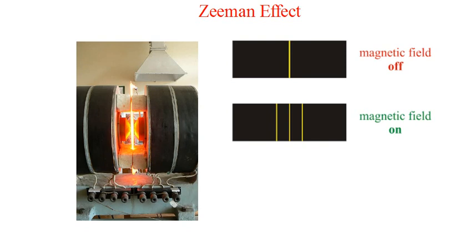Actually, it was in the year 1896 that a Dutch physicist named Peter Zeeman, while he was burning sodium in a Bunsen burner in his lab, switched on a magnetic field using an electromagnet, and he found that the most common D line, the characteristic yellow spectral line of sodium,